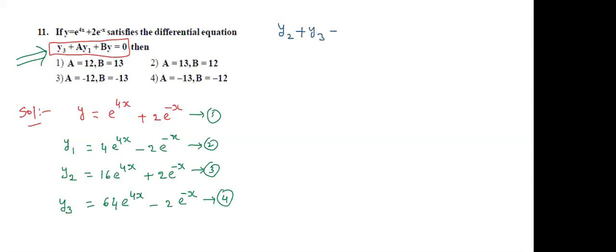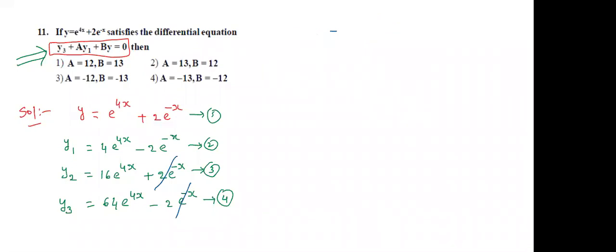That means the third and fourth equations I am going to add. So these two are going to cancel or not? Remaining, what is there? 64 plus 16, that is 80e^(4x). Students, have you understood? Now I am going to do y plus y1. How to do that? Here we are getting y2. In this case, once again we are getting y2, so we don't want y2.